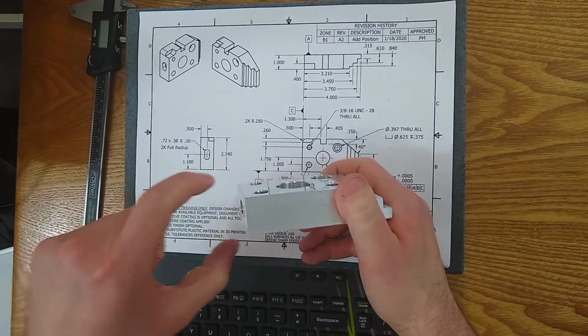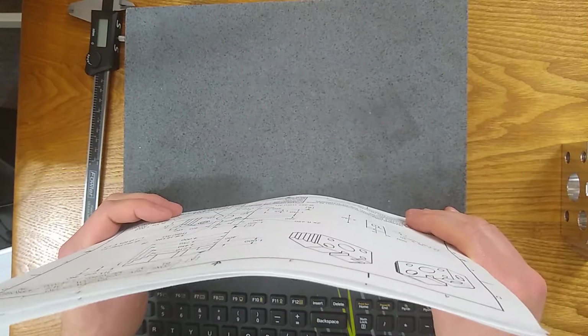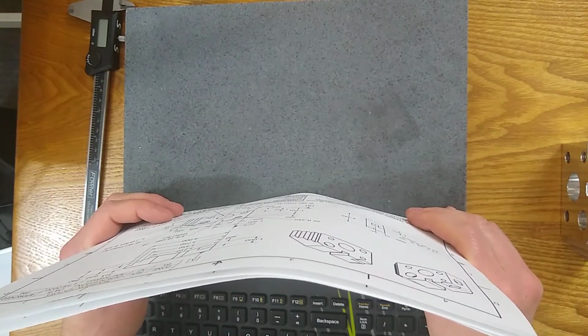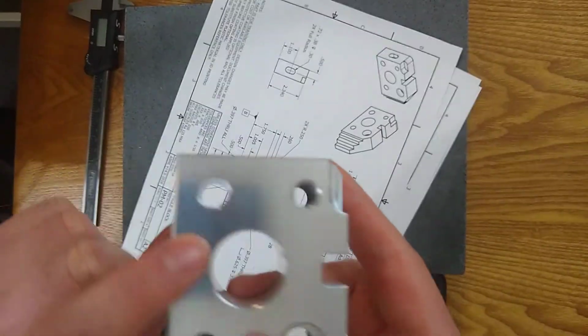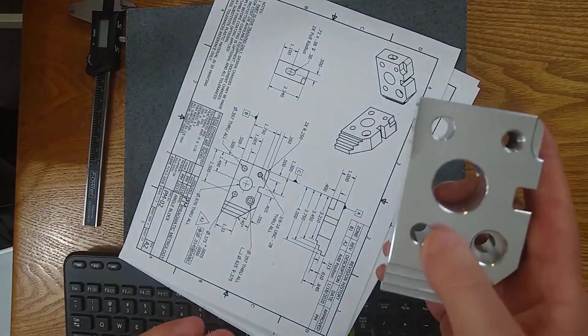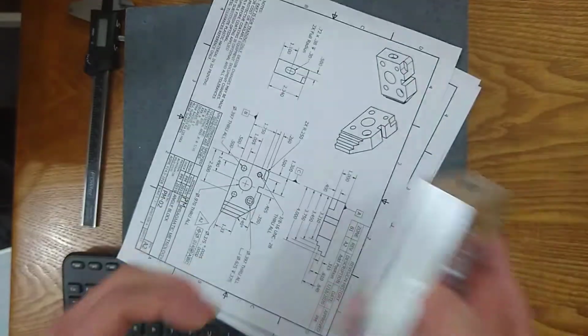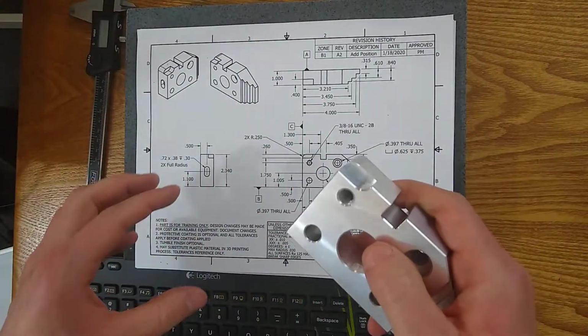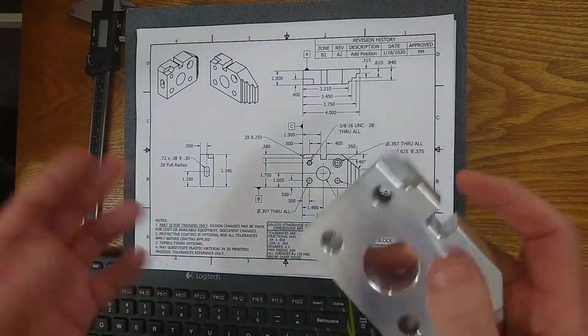So the industry standard is for all of these numbers on the print to apply with the coating thickness accounted for. So if your coating thickness is 1,000th thick, and perhaps you're going to be putting it on both sides of a part here, you're going to have to account for that in the manufacturing portion of it. So maybe you're going to machine it 2,000 smaller, expecting it to grow when the coating's on. And that can be challenging because all of your numbers, you may be inspecting this before it's coated. So things are going to be smaller or larger